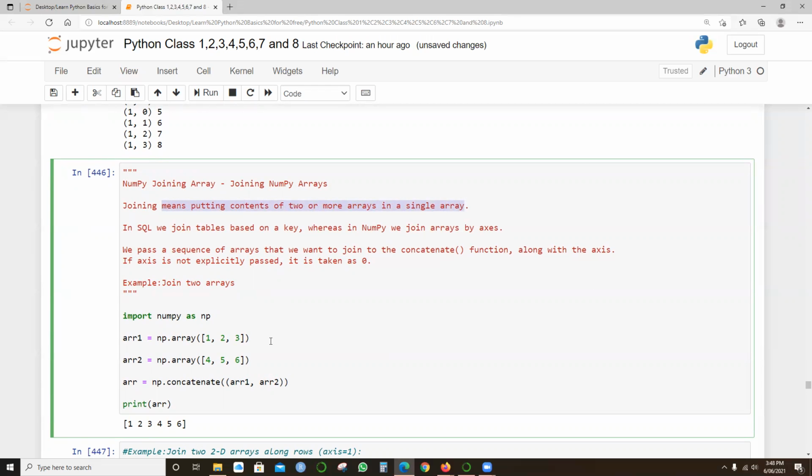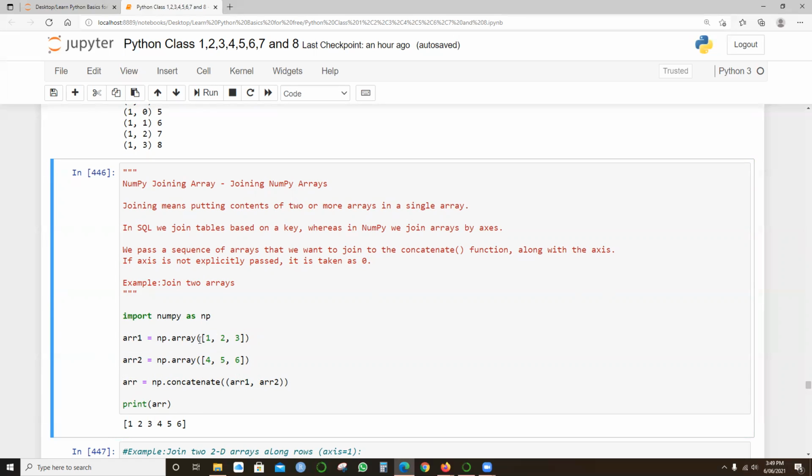Here we define array 1 as np.array of 1, 2, 3, and array 2 as np.array of 4, 5, 6. The function we use is concatenate. When I say array equals np.concatenate of array 1, array 2, it picks up 1, 2, 3 and then 4, 5, 6.